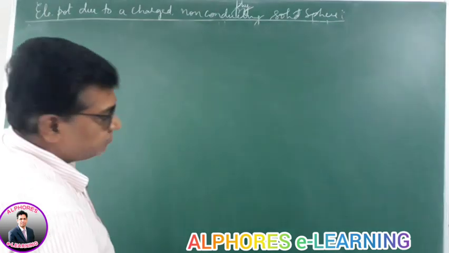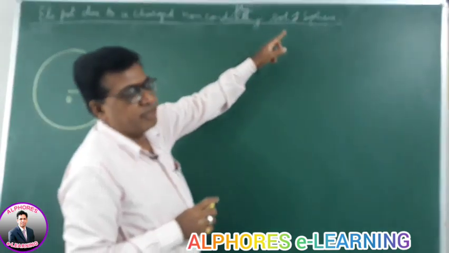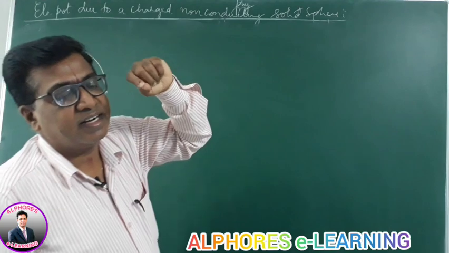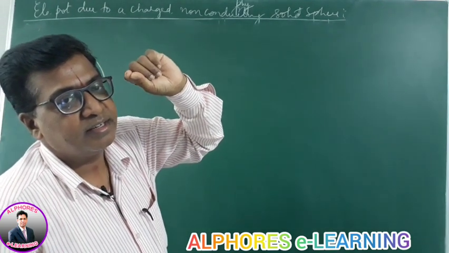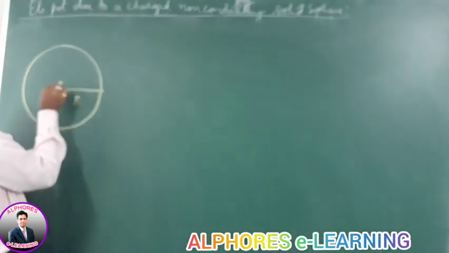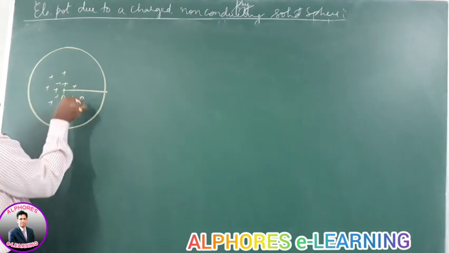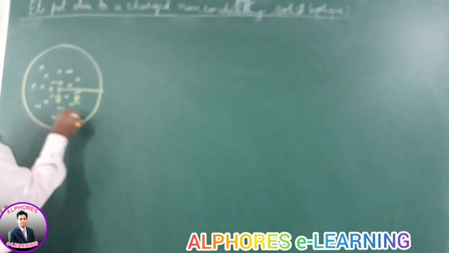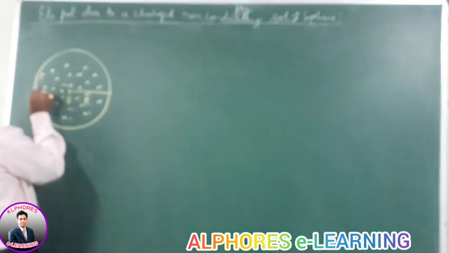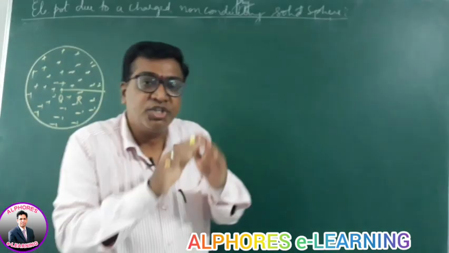Okay, right? So first let us consider a non-conducting charged sphere of radius R. This is a solid sphere, non-conducting, insulating, or dielectric. All three mean the same, right? It is being charged uniformly. I am charging it uniformly throughout its volume. The charge is given to it throughout the volume, such that we define the volume charge density. You know, it is charged uniformly.